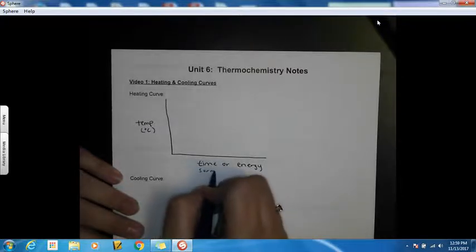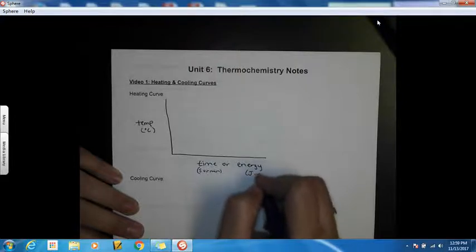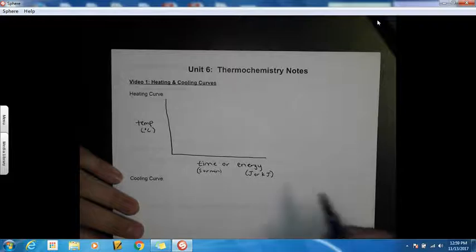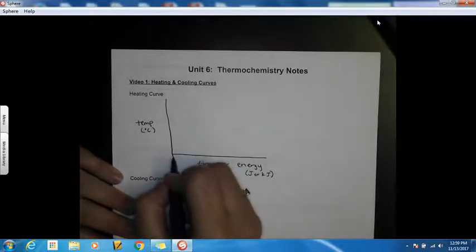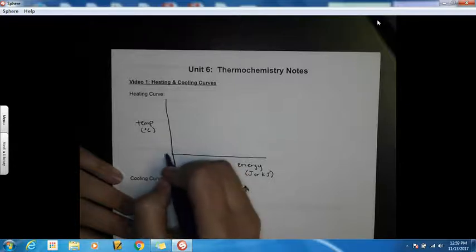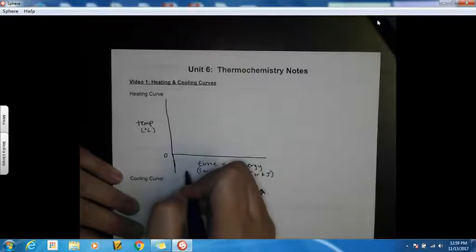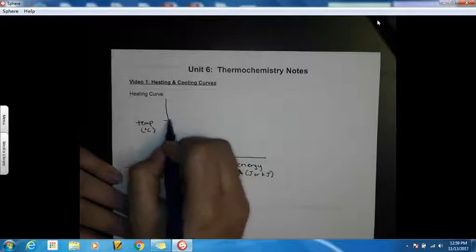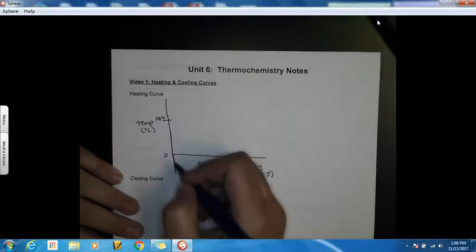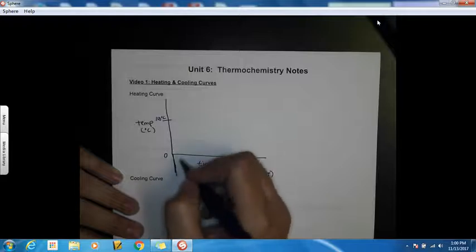Of course, time can be measured in seconds or minutes, depending. And then energy will be measured in joules or kilojoules. So if we think about water, as we go through changes of water, the important parts of water are 0 degrees and 100 degrees, right? And so as we increase the temperature of a substance,